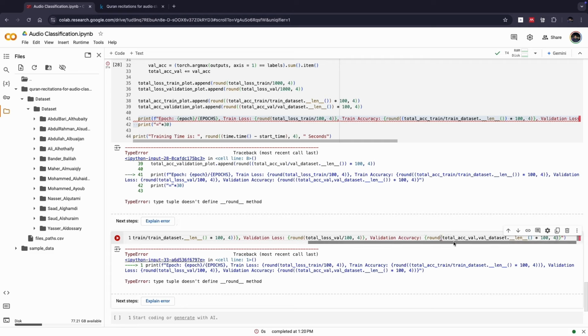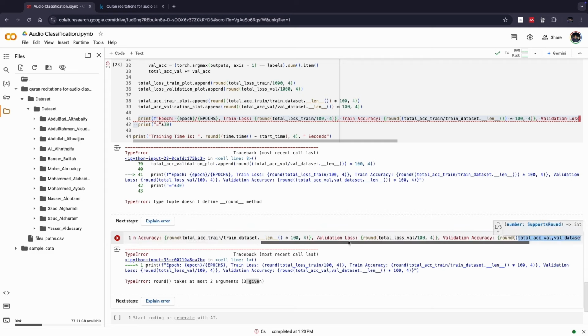I think maybe this will solve the problem. Now let's try solving it in the back as well. It's an extra tuple, so maybe that's the reason. Okay, round takes at most 2, but 3 were given. So I think we need to separate these. So it seems there is a typo. Okay, not sure where the typo is, but